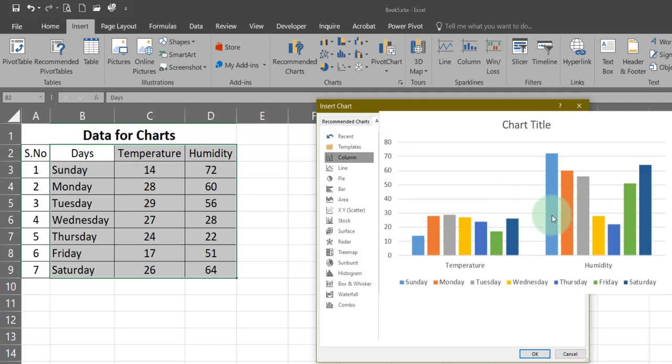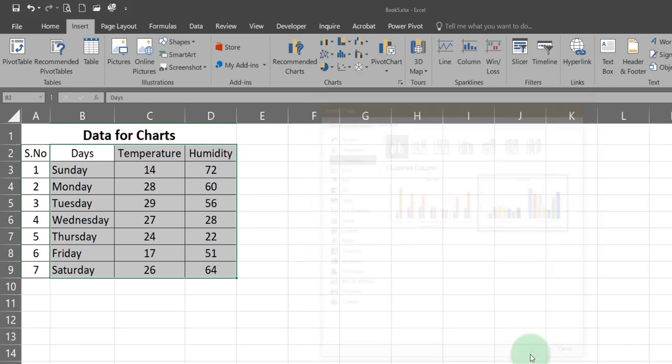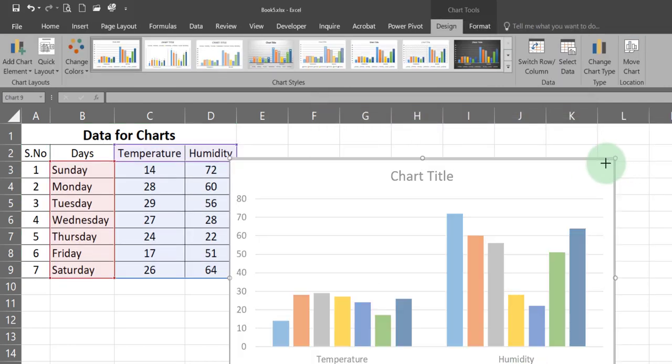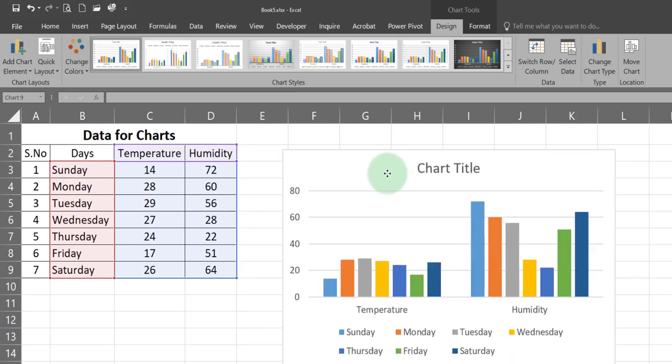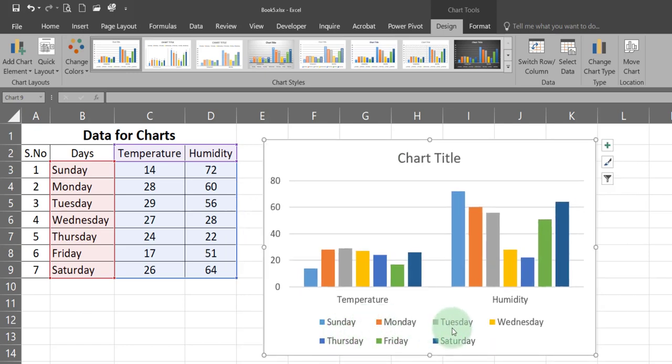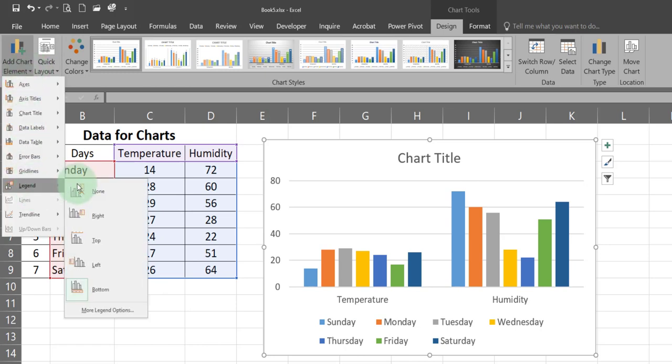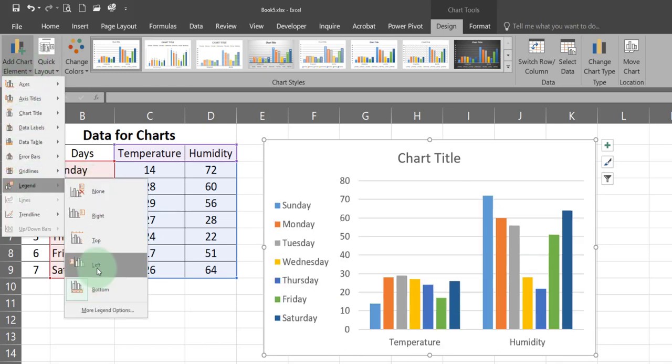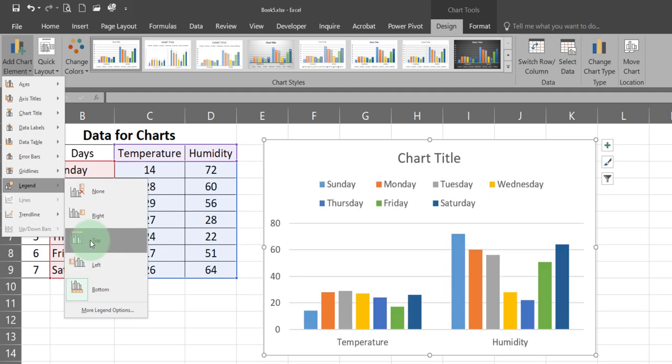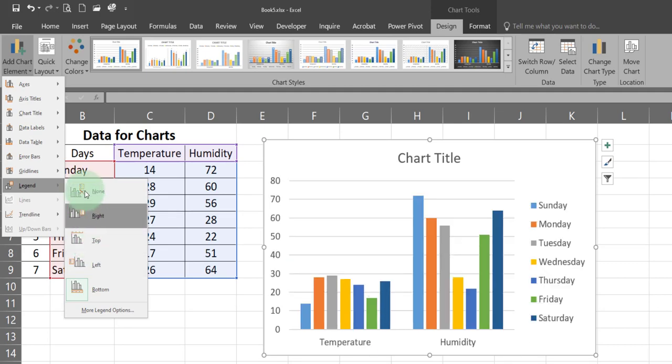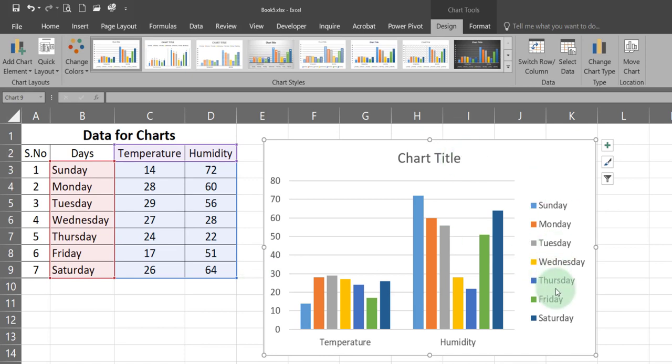So let us select this one. Now the legend is already here. This is the legend. So now we can place this one. You can see here it says on the bottom. So I can make it on the left or top or right and none. So we will choose right. So you can have the legend on the right side.